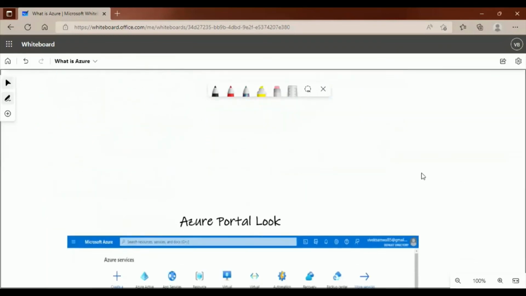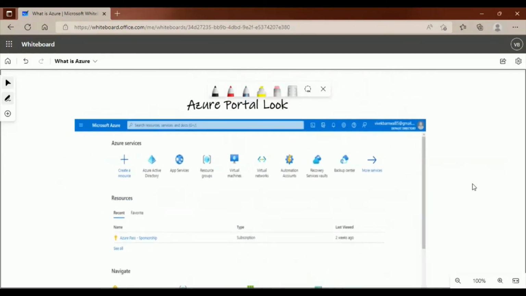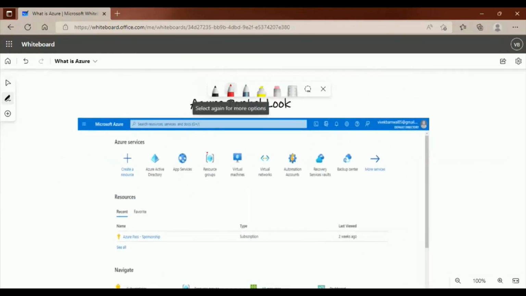Coming to the next, which is how the Azure portal looks. Our Azure portal looks very simple. Here you can see that this portal is called portal.azure.com. Here is your email ID with which you have logged in. Here is Cloud Shell, which is used to deploy and manage resources. This is used to create a resource. This is Active Directory, which is used to manage users, applications, and your tenants. This is the App Service, which is called Azure Web App, used to deploy your web apps. Just bring the code and deploy it over here, and forget about the infrastructure and availability. Azure will take care of that.